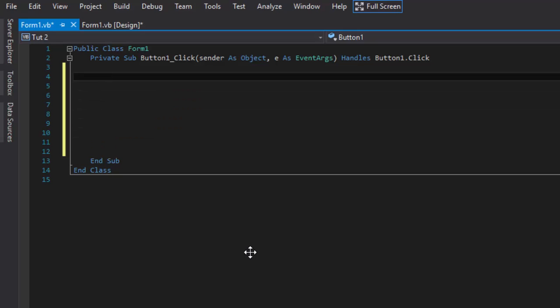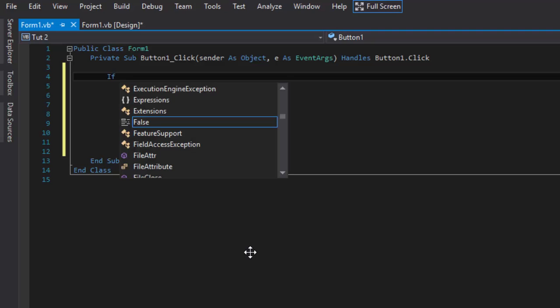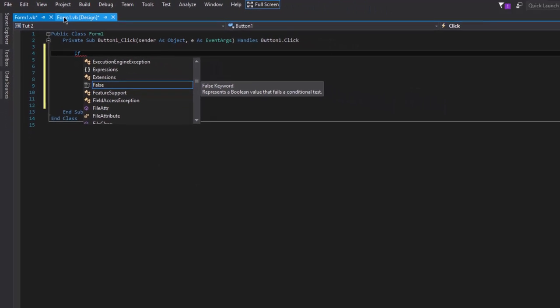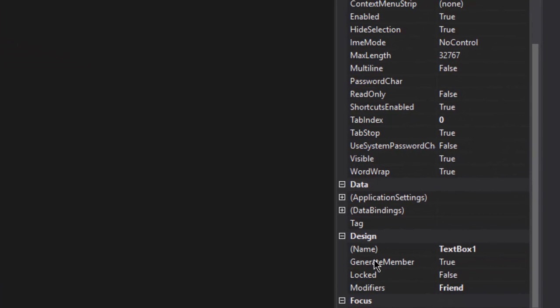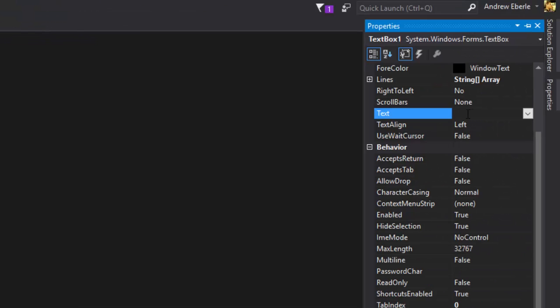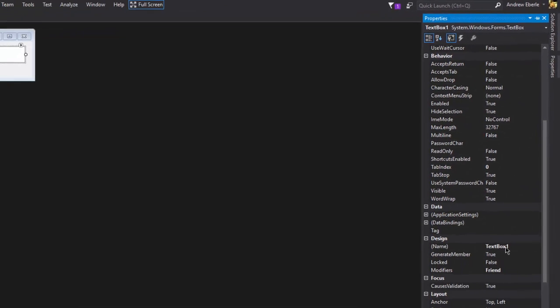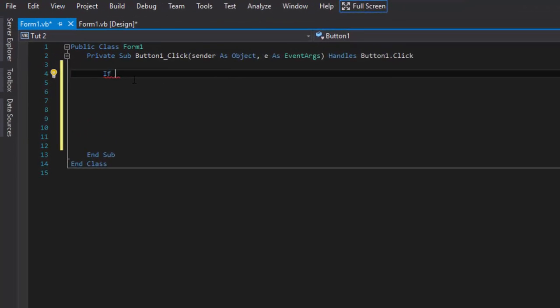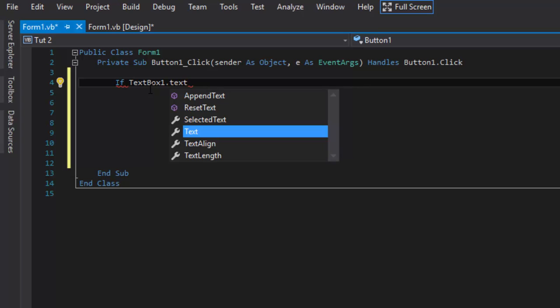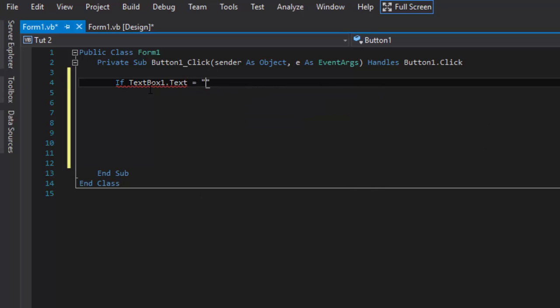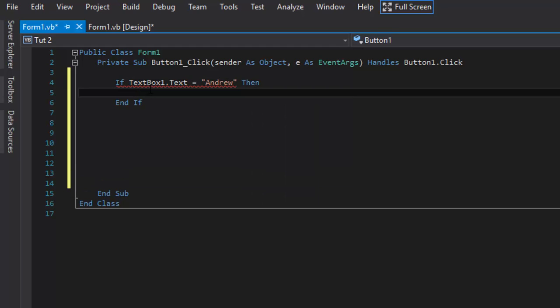What you pretty much want to type in is if. Okay, so there's our if. Now we know this is text box 1 because if I go to properties and go down to the design name, I can see that it's called text box 1 on our coding side. For the actual text, there's nothing in there, so it's blank, but on our coding side it's called text box 1. So we go back here and write if text box 1 dot text, so if the text of text box 1 equals, I'm just going to put in here Andrew, then